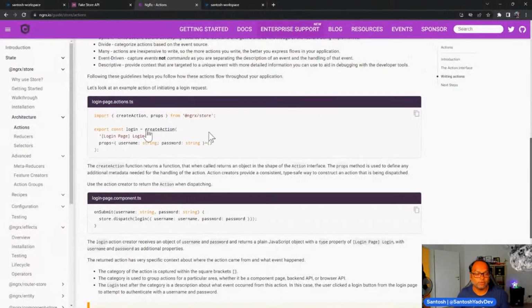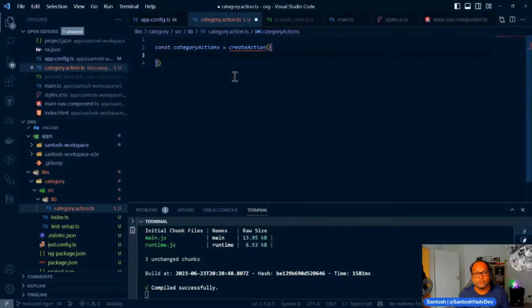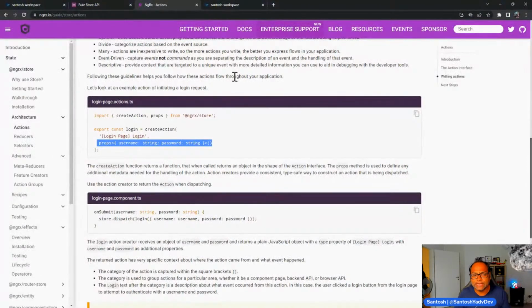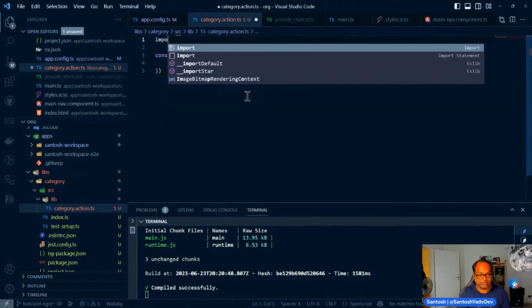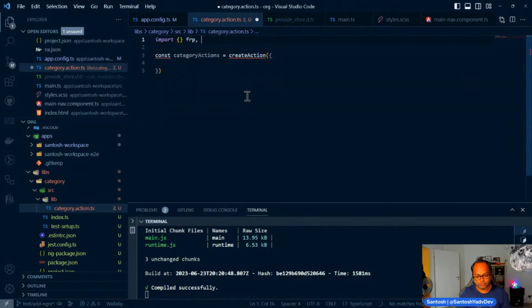And then we can define, like, this is string and this is your parameters. So in case you want to pass some parameter, you can actually do that. But for our action, we actually don't need any parameter. So I'll just add the missing function, missing import. So I can say import from NgRx store,